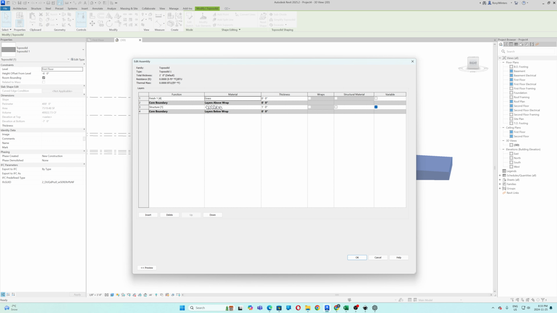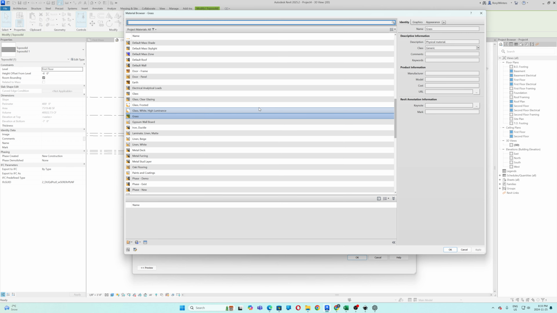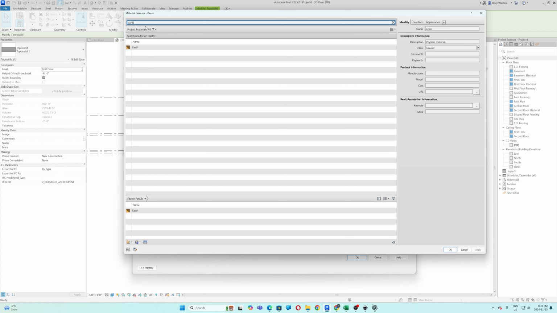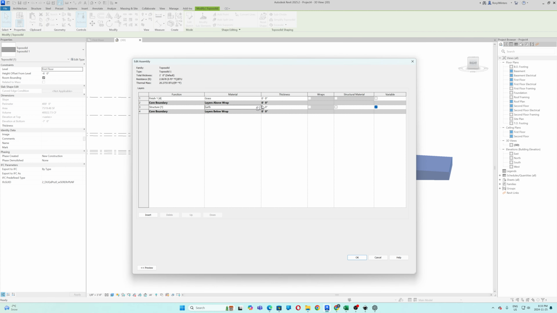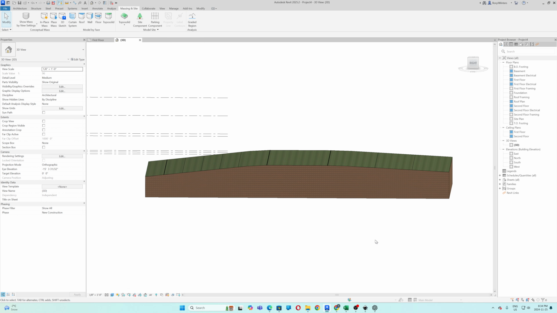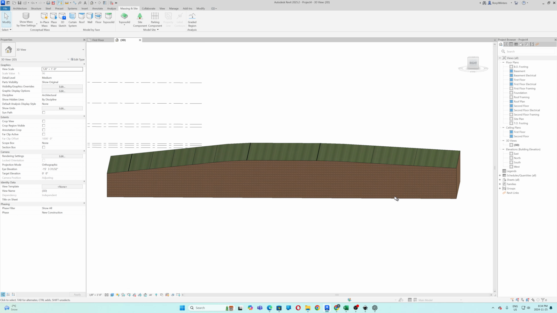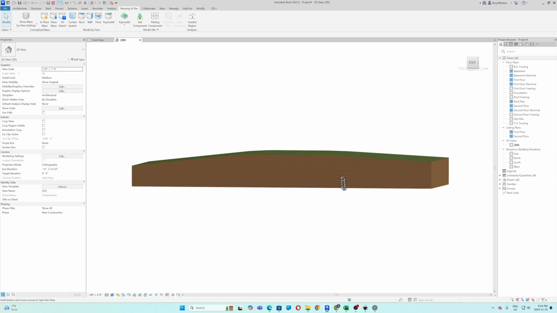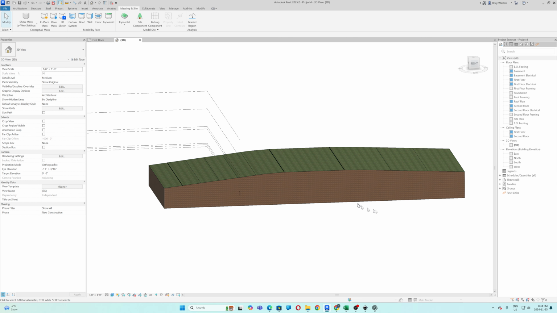And so we've got grass. We need to change this one down here. For this one we're going to go with maybe earth. And we've got earth, and we're going to change that one to, we'll say, 10 feet. And we're going to change the grass to 3 inches as we did before. We're going to hit apply and click OK. So now we've got something that we want. And that is just a quick video on how to use ChatGPT to generate